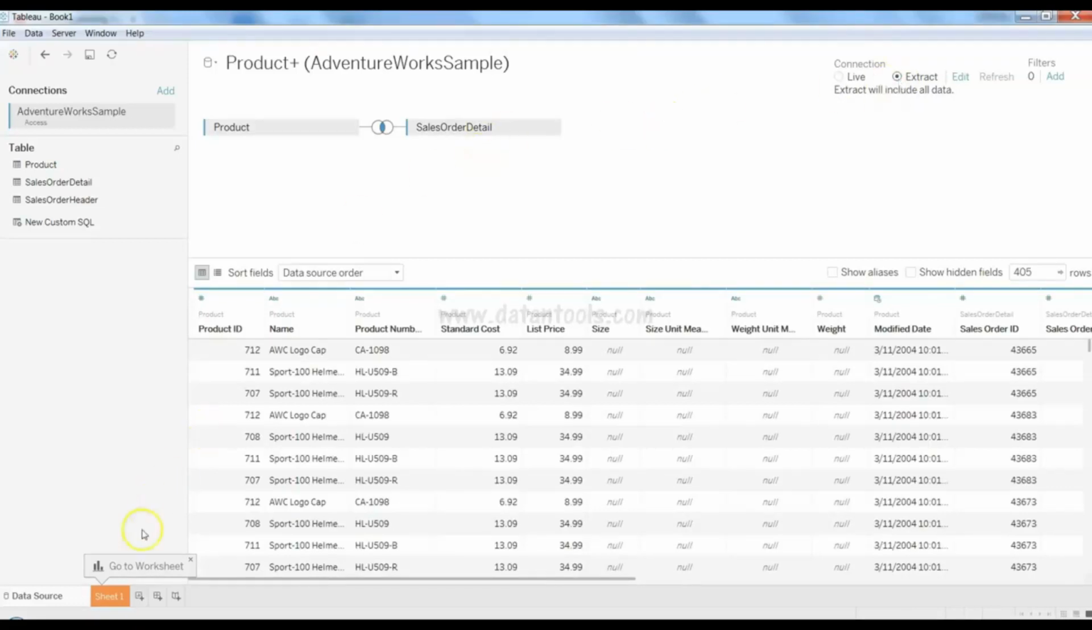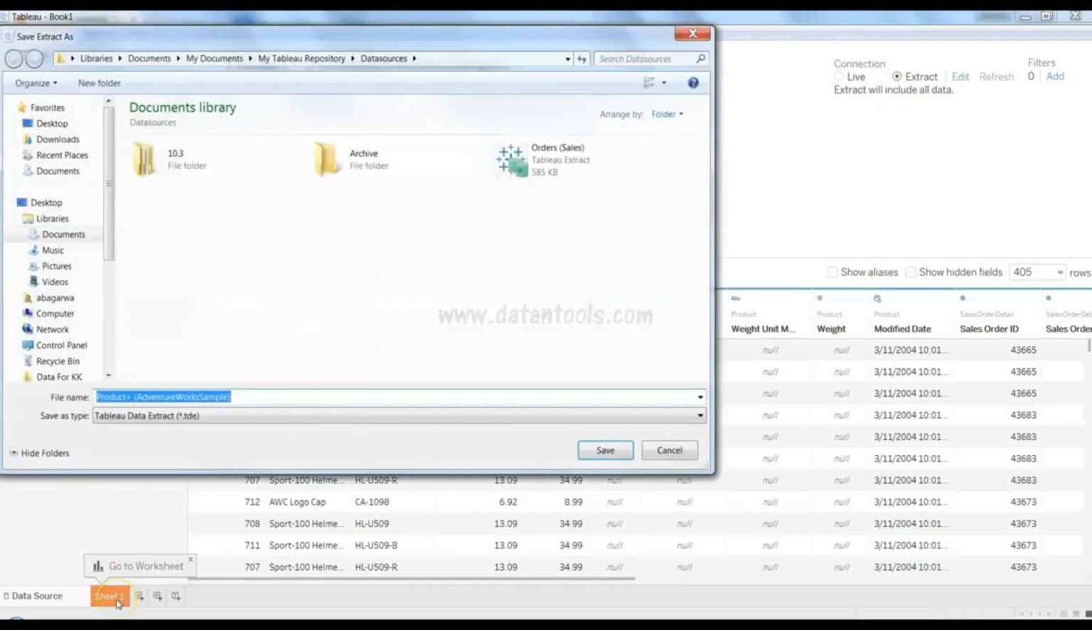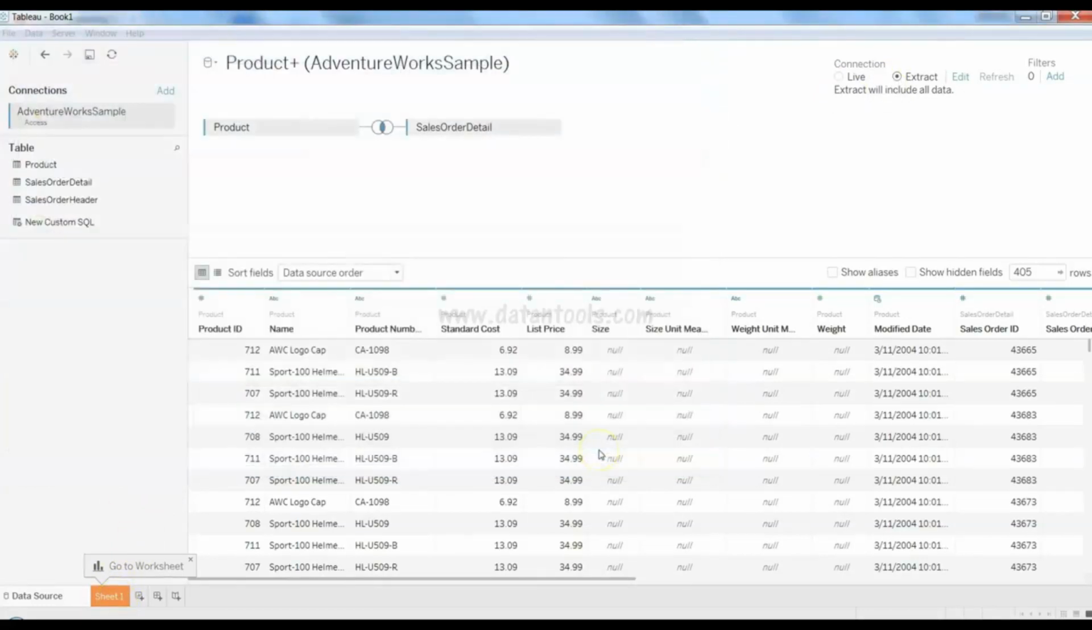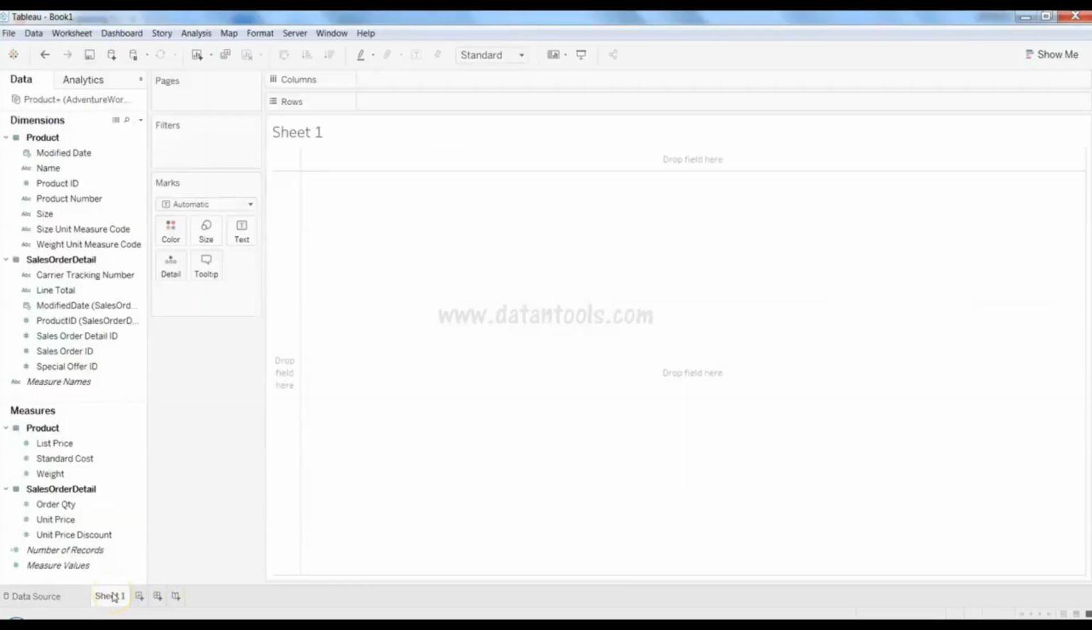Once you do that, you can go into the sheet. So I need to save this. Maybe I can just go ahead and save. And once I save, I can go into the sheet, and here the dimensions are available to me from the product table and the sales order detail table, as well as measures from the product and sales order detail, which I can use on my canvas, this white blank area, to produce the visualization